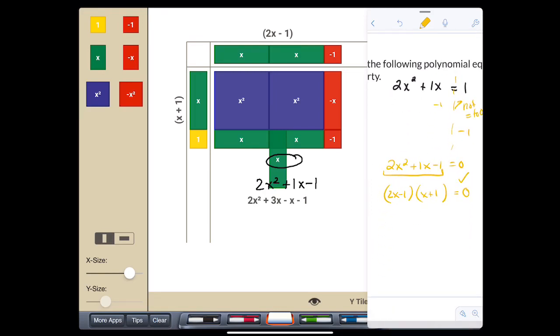So now we can use our zero product property. One of these things, or both, could be 0. We need to find the values of x that could make this true. So over here, if I add 1 to both sides, I get 2x is equal to 1. So one possible answer would be x equals 1/2. Over here, another possibility for x would be -1. Both of these are